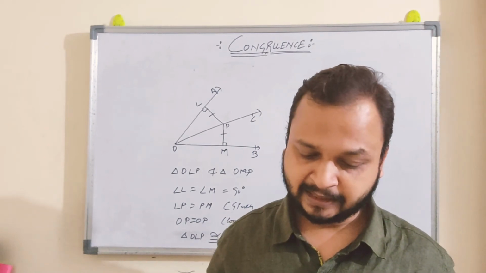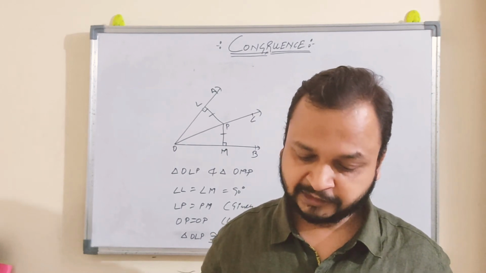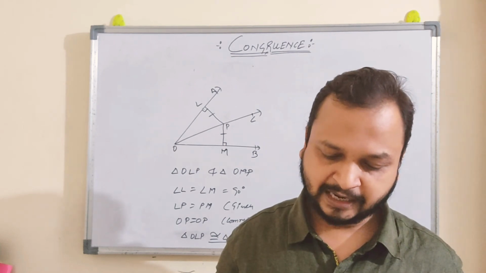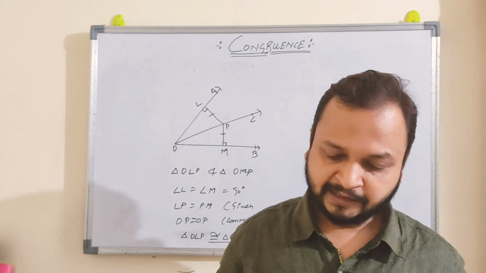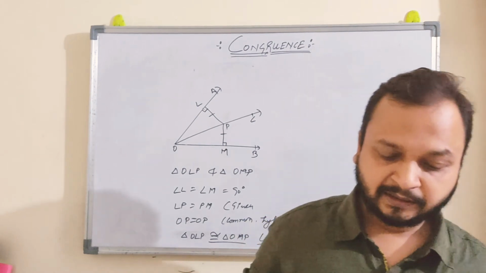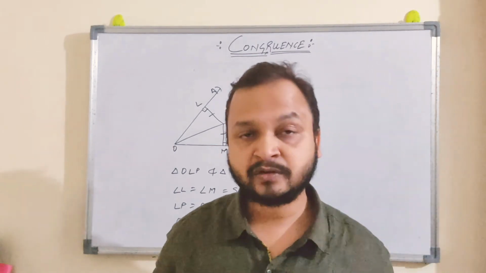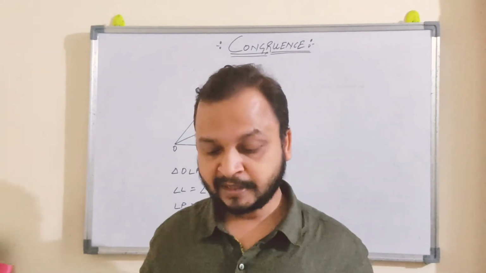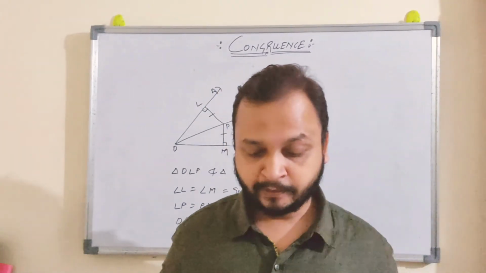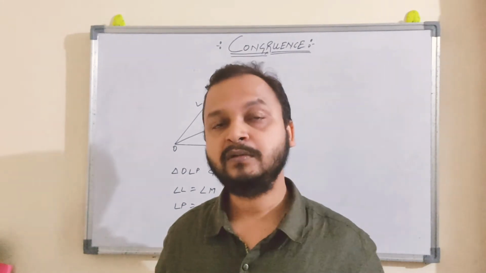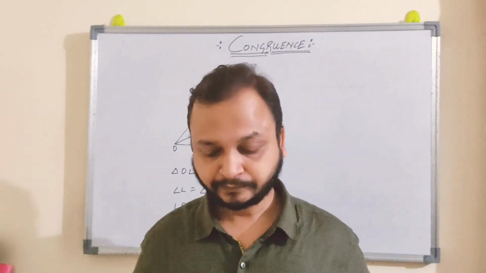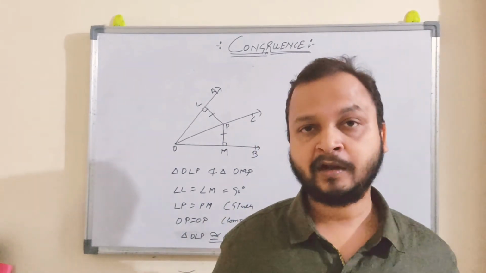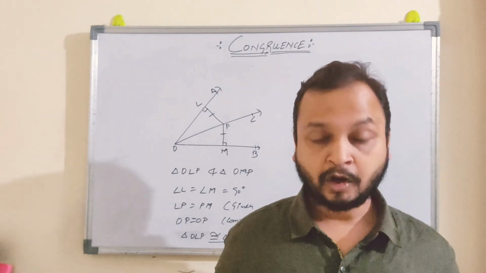So by congruency you can prove it, and the reason you can take is AD is equal to BC, they have given, and they are parallel, and if they are parallel you can say that angle BCA is equal to angle DAC, right? So one side, and side AC is common, so two sides and one included angle. So by SAS property you can say that these two triangles are congruent, and after that you can say that AB is equal to CD or DC, right? By CPCT, corresponding parts of congruent triangles.